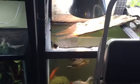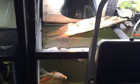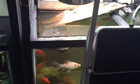So Matamata turtle is, again, just Google it. That's M-A-T-A turtle. It is a really kind of ugly turtle, not very active, but it's just really cool. They get pretty big, but they actually kind of don't need as big enclosures because they aren't very active, like I said. And this would just be a really cool